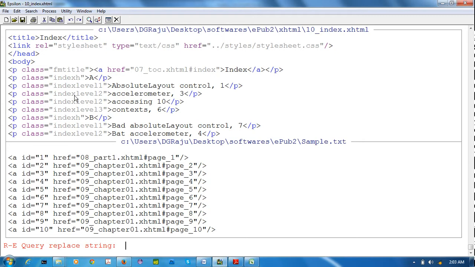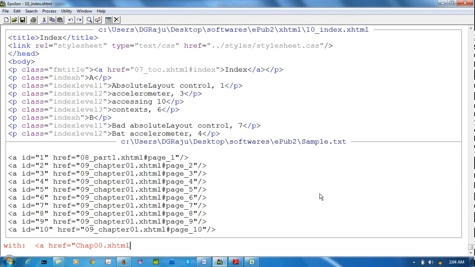I want a space, after that some number, meaning space number, space number, like that. Now I am giving enter. Replace with space a space href equal to, there should be some chap 00 dot xhtml.